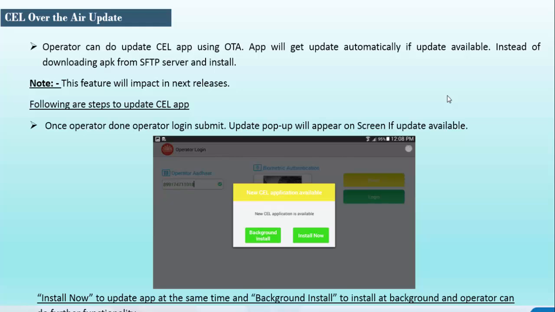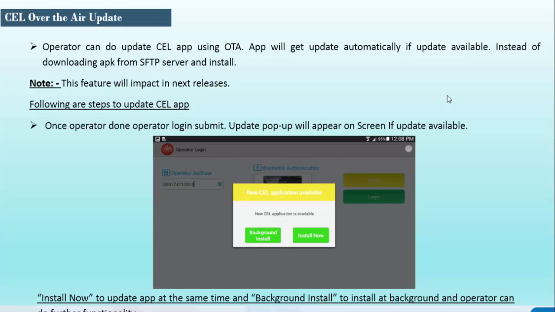So for this purpose, UIDAI has released the OTA feature in this new CLC client, which will get auto updated from UIDAI from time to time whenever a new release is released by the UIDAI Technology Center. You will get a pop-up message like new CLC application is available.